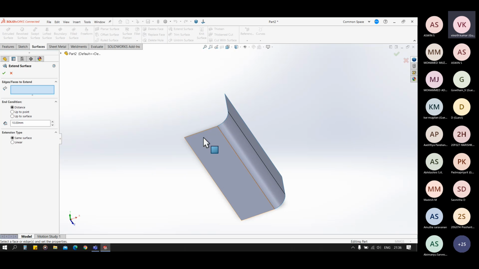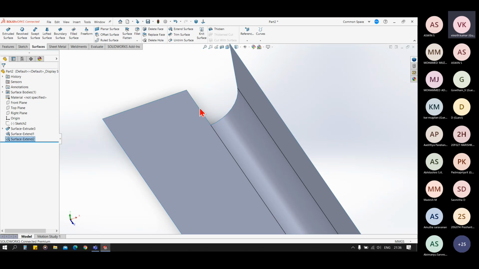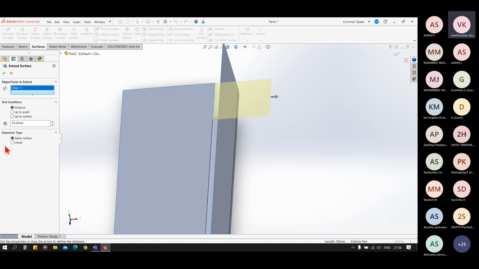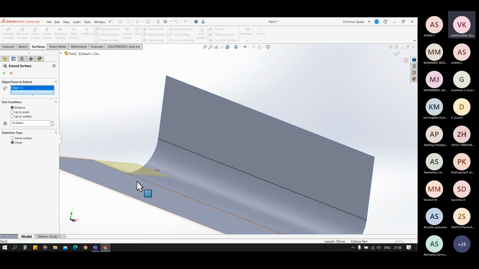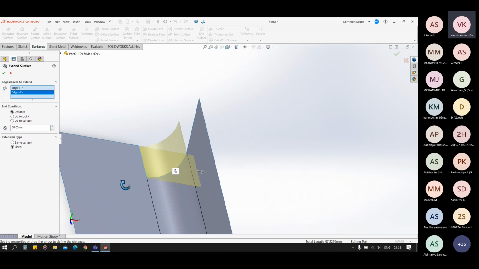We have to just select the edge and you can extend that edge with a mentioned distance. Let's suppose 50 mm here. So we can extend that. Similarly, we can extend that this time. But in this case, it will not work in the circular direction. Remember that. So for the circular, you have to select this edge.